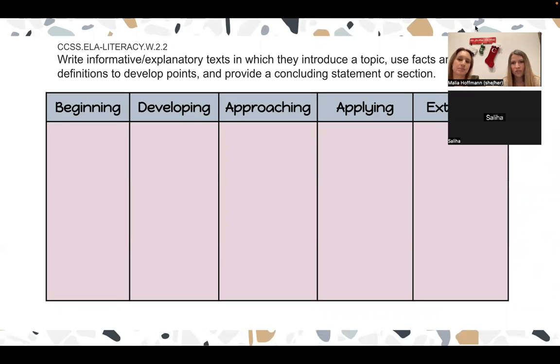They need to introduce a topic, use facts and definitions. So I would probably in this one do introduce a topic and use a concluding statement. And then the facts would come in later, but that could also be extending. So extending is we've already added the facts. So the hard part is, if we want them to write a good introduction to anything they're reading, it's going to take time. So that alone is going to be a five-step process, because especially in 2nd grade, their beginning